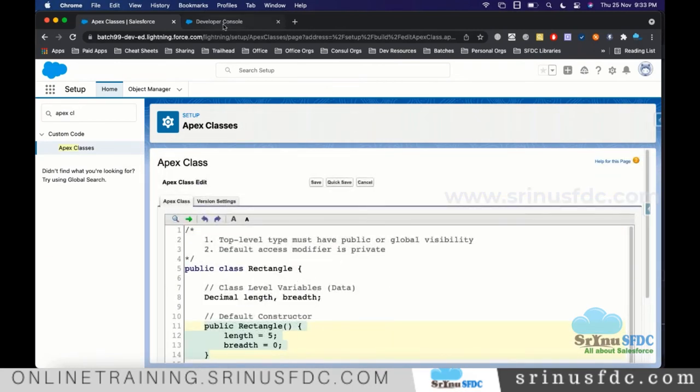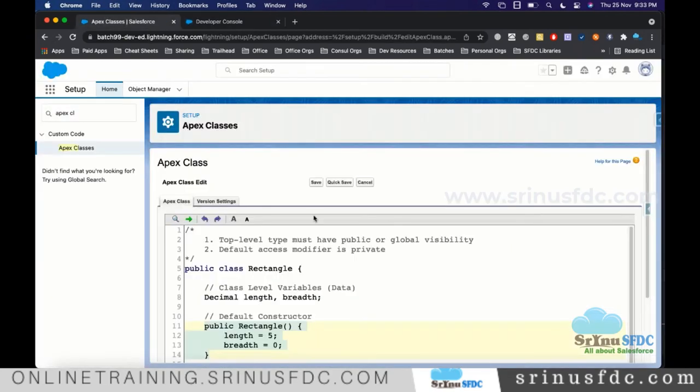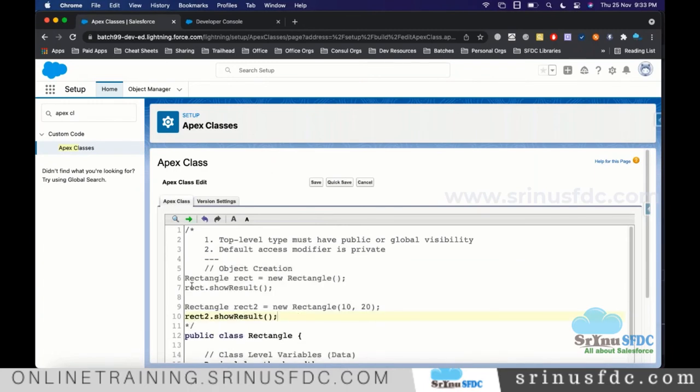Since we don't have time, and also since what you keep here is not permanent, maybe next time if you log out and log in, this might not be there. This is just for that point of time if you type something and execute. But this class, whatever we saved, will be there forever until we delete it. Since I don't want to lose it, in the comments I'm also keeping what we wrote in the developer console, so that tomorrow we copy from here and continue. Okay, now I'm saving, and that's it.